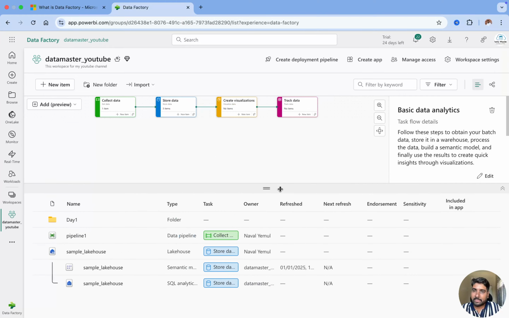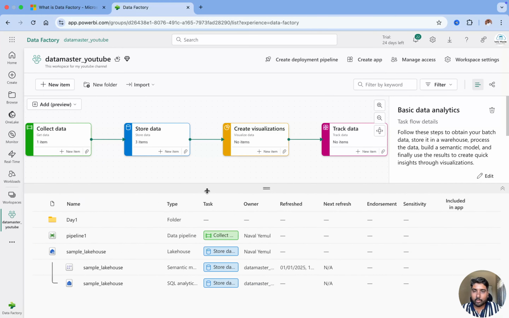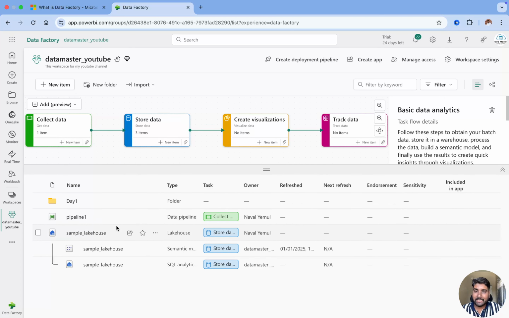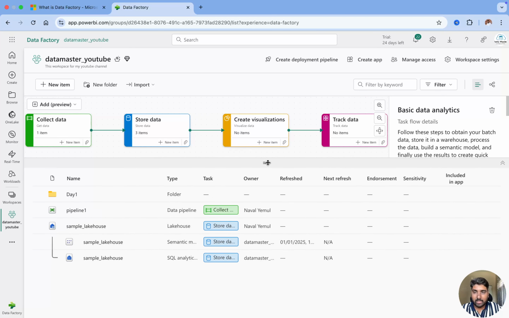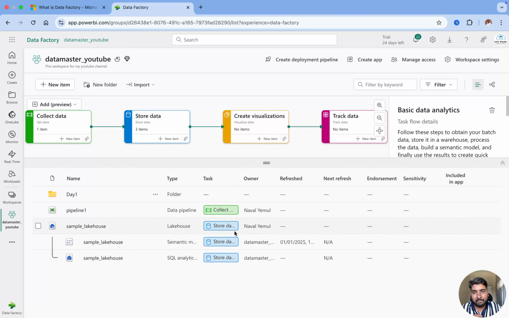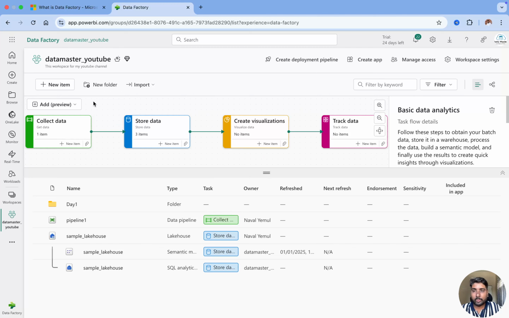In my previous videos, I talked about the task flow, and how the workspace UI looks like and so on. We have created a few items in it, like a data pipeline and a lakehouse. We will be deep diving and seeing all the details about the data pipelines and the lakehouses and so on. Now I'm going to create a new